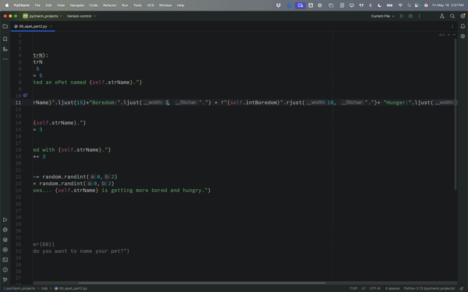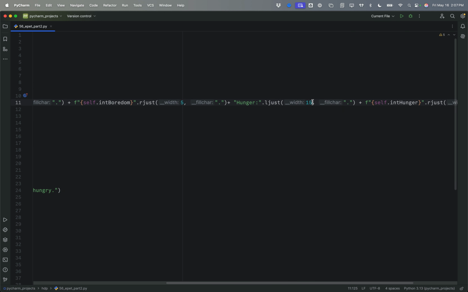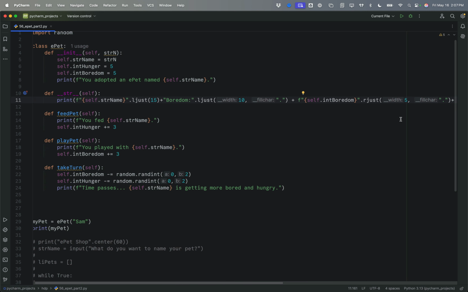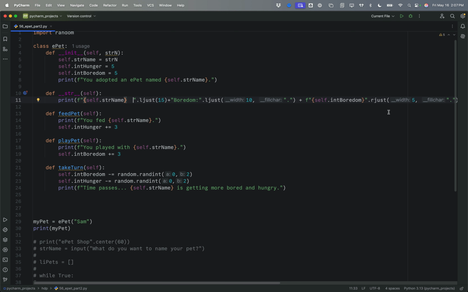I'm going to shorten these just a little bit to make it more compact, and that way it'll do a little better. There we go. Now whenever we print my pet, it'll give us that information. So if I run that,